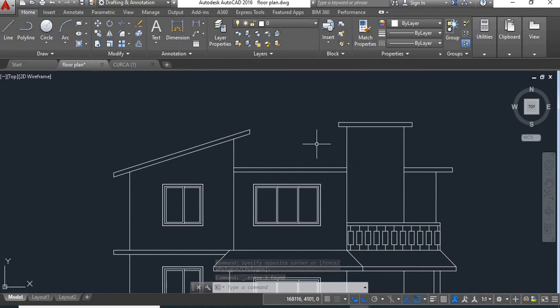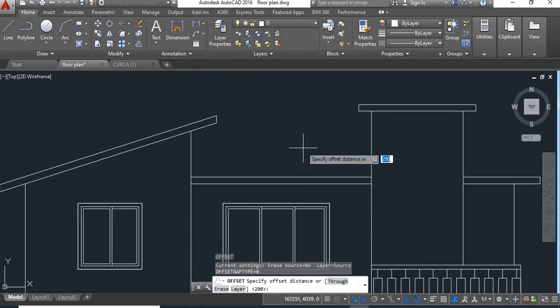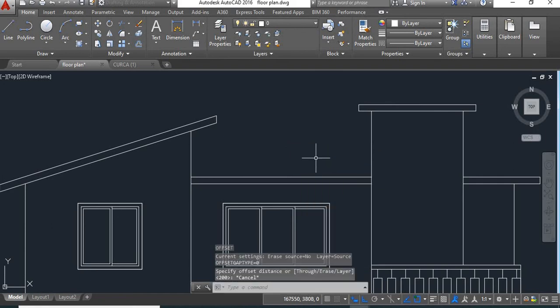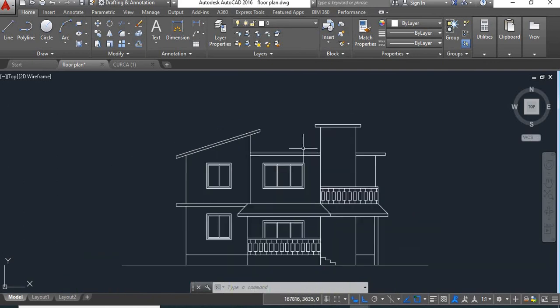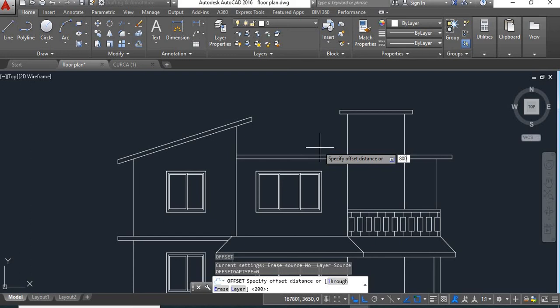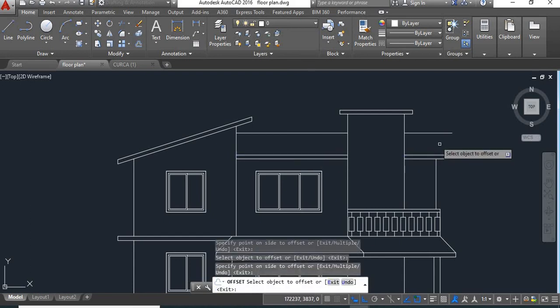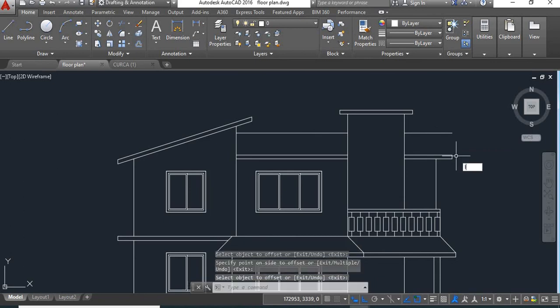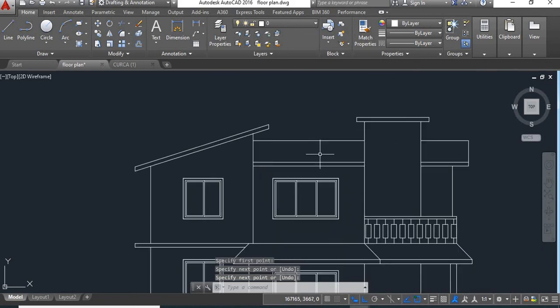Now next we'll show this parapet wall here at the terrace. So give offset. Now next we'll show the parapet wall for this open. Now next we'll show the parapet wall at this flat slab. For that we'll take offset of 800. Say enter and give an offset of this line and this line, and take a line and draw a line here. Now this is our parapet wall.